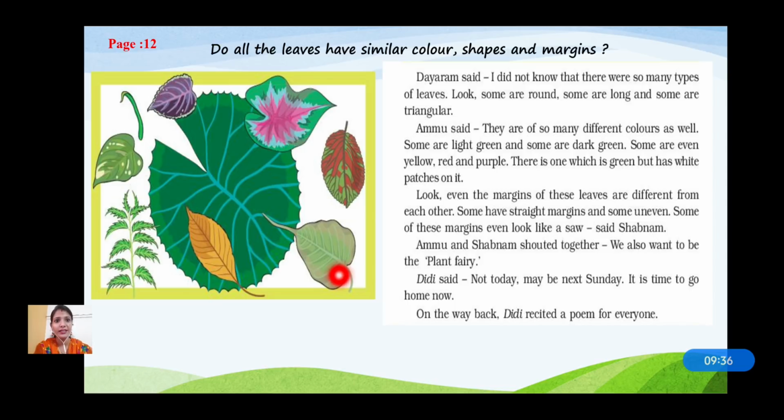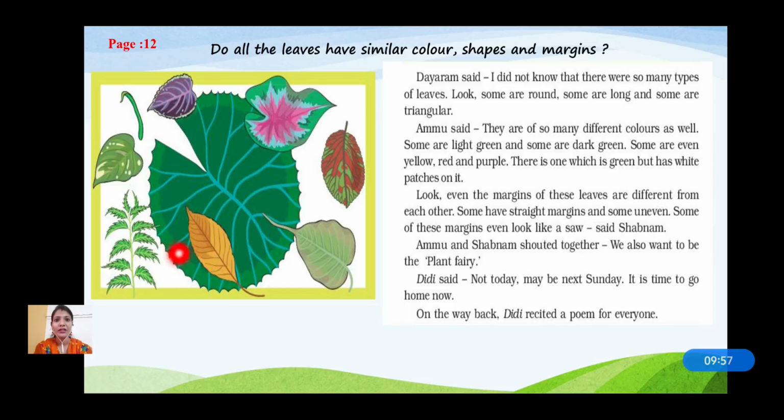Isn't it? See, it has a triangular shape. This has a circle shape. This is long. Here it has some different shape. Isn't it? All the leaves are of different shapes. Then Amu said, they are of so many different colors as well. Now here you can see it is